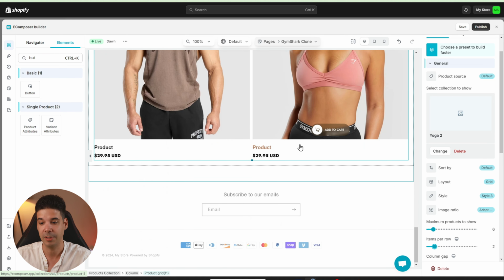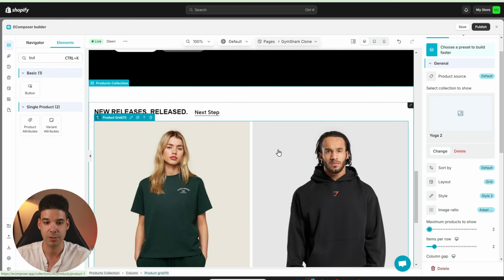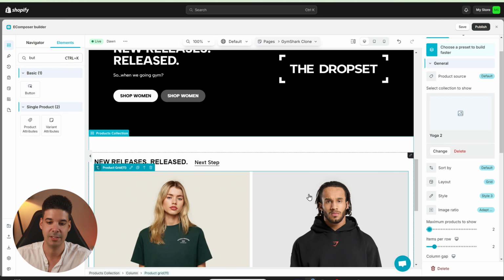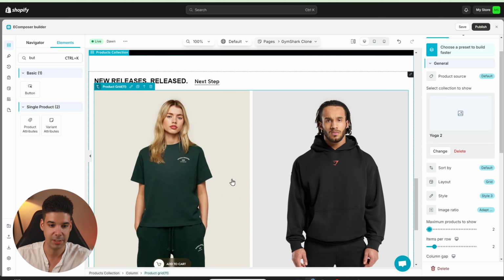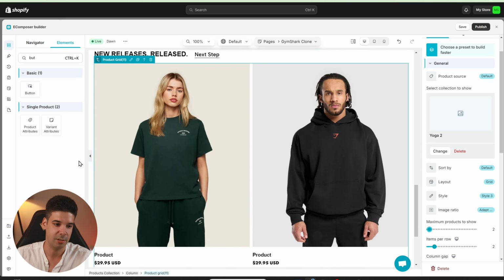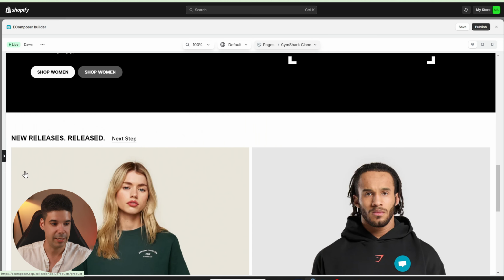You can limit how many products you want to show. So let's say that I only want to show 2 products. So let's say this is like the best sellers that I want to promote on the site. When you scroll down, you will see the 2 big images of the product. All right, this might be pretty big, but it's good. I like it. So as you can see, the possibilities are endless, and there's still a lot more stuff that